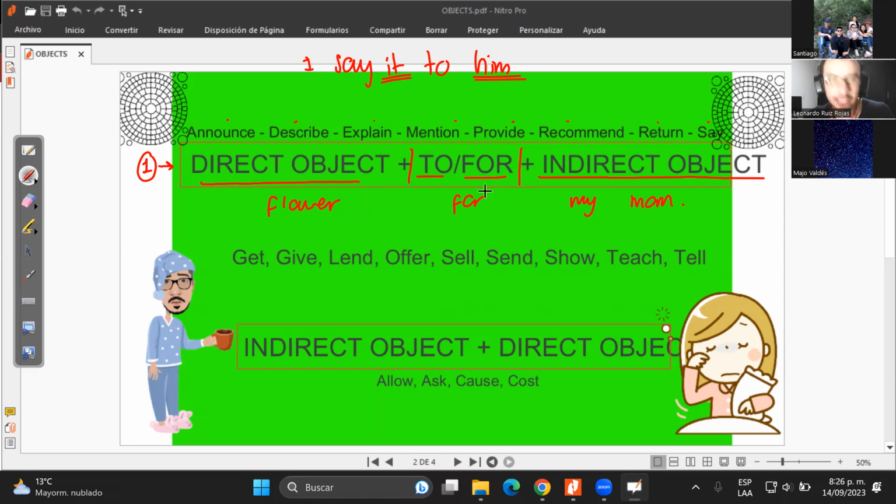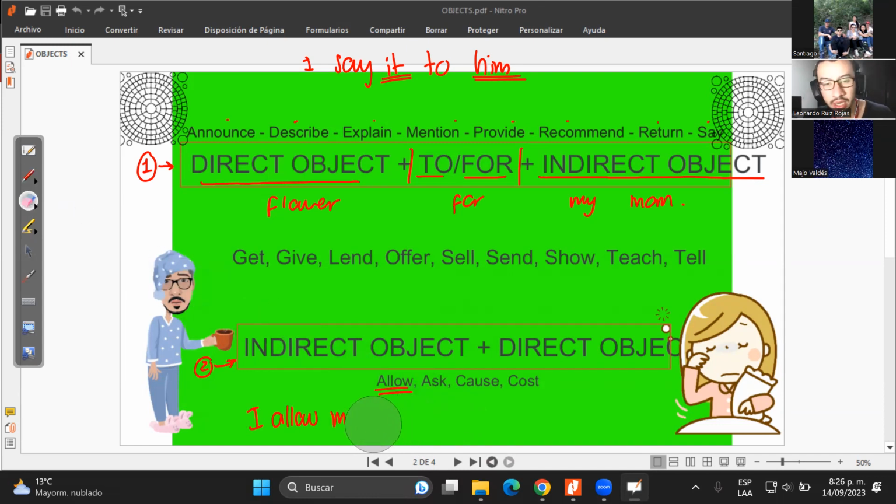So there are verbs that follow the first structure, which is direct object, and then indirect object with the preposition in the middle. There are others that work with structure number two: indirect object plus direct object with no preposition. In that case, the person that is receiving the object is first, and then the object is later, right? For example, the verb allow, which is permit. So for example, in that case, I allow myself